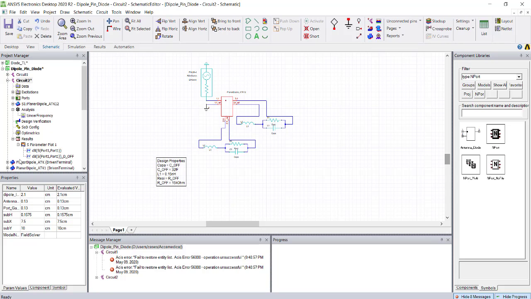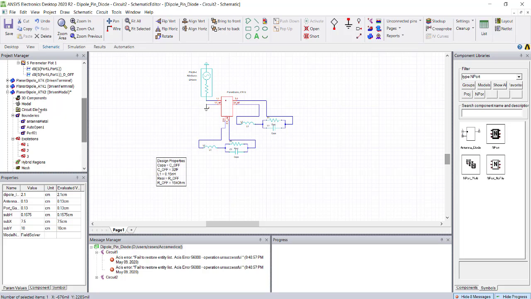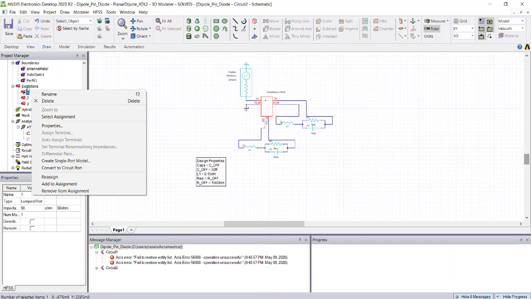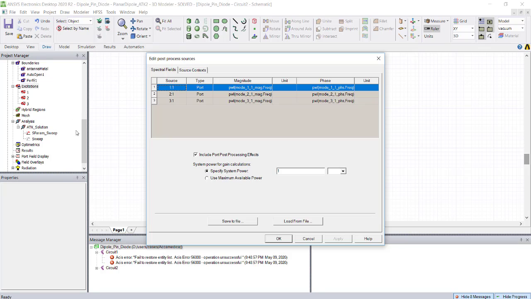I'll tell you why we call it a system level simulation. Now if you go to edit source of the HFSS, you can see the magnitude and phase are now updated with whatever the value from the circuit, and now you can see the system power which actually came automatically from the circuit. We set it as 1 watt, it automatically came as 1 watt. If you are setting some power while doing the push excitation, it will automatically update it here.